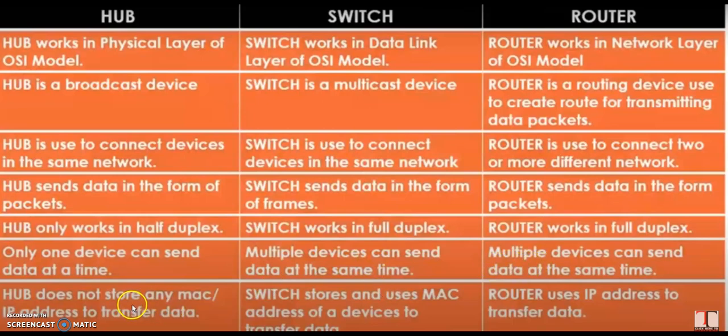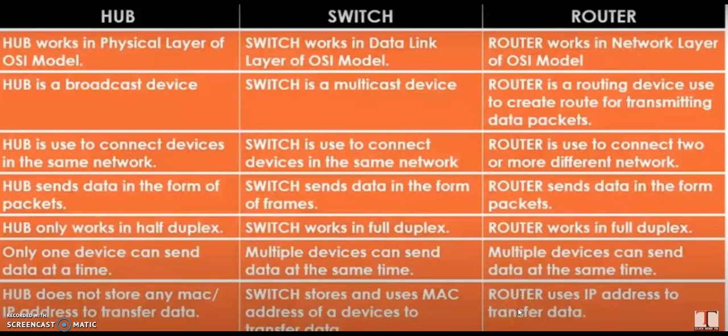The hub is not an intelligent device; it won't recognize any physical address, MAC address or IP address. But the switch is an intelligent device. The switch and bridge both record the physical address of your computer, the medium access control address.